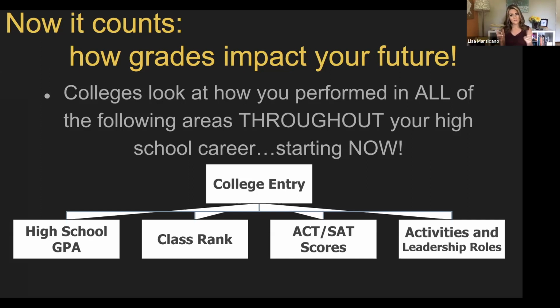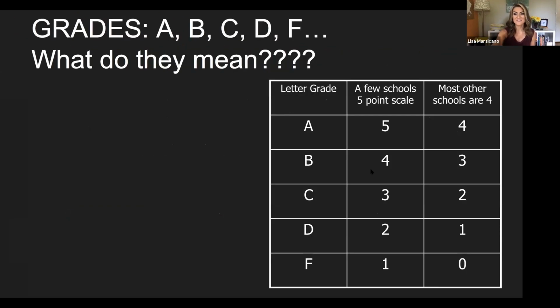Some will still look at something called a class rank, kind of where you stand relative to the other kids in your class, like, oh, there's 300 kids and I'm 25 out of 300. Cool. Most have done away with that. Your ACT or SAT scores, so those big standardized tests that many of you have heard of, which is just kind of an exam that shows how ready you are for college. We're not going to talk in detail about that because that's also changing.